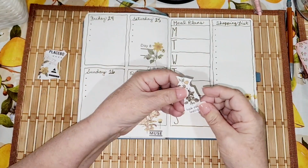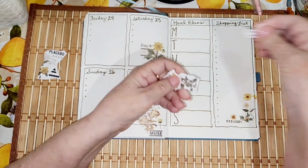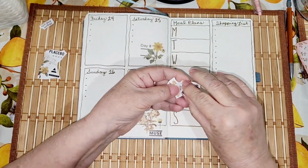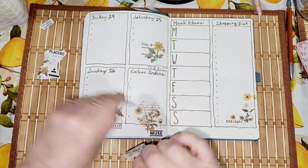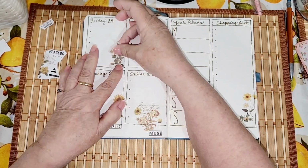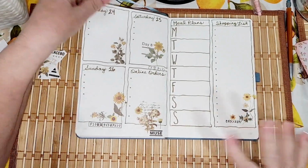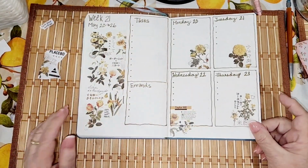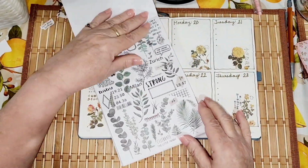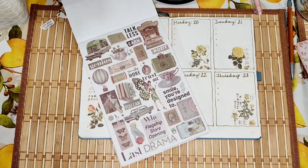I have another little bit right here. I don't think I'm going to use that. There. So I have, and I'd be happy with that as a spread. But there's some greens. But what I'm looking for is,